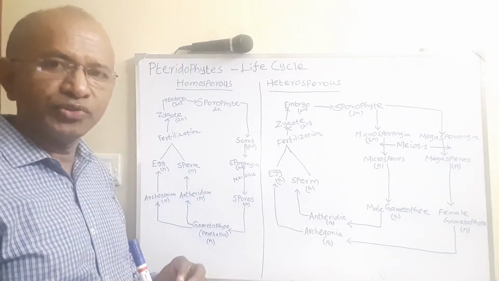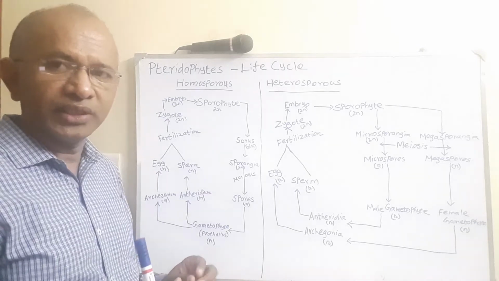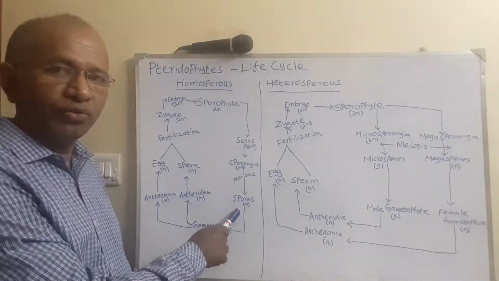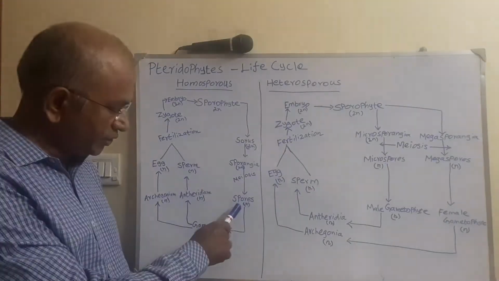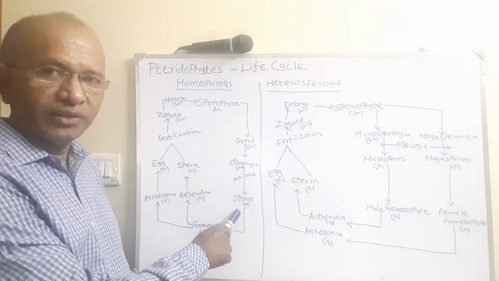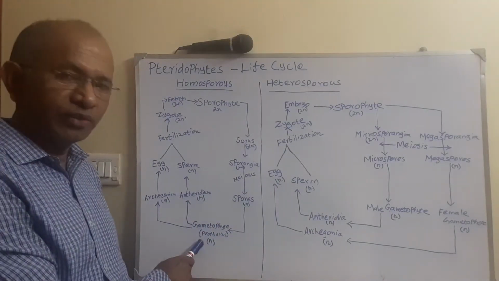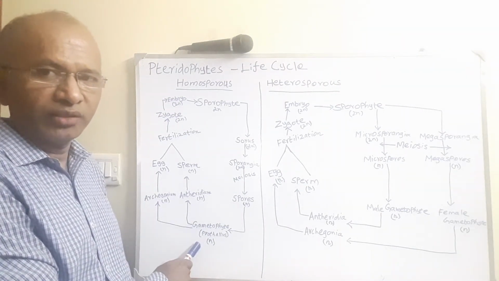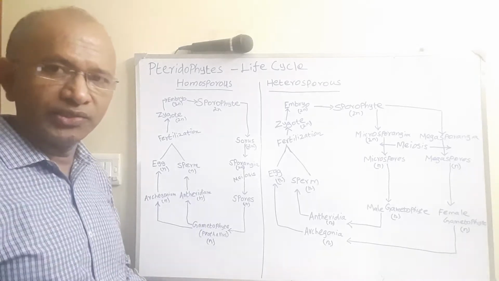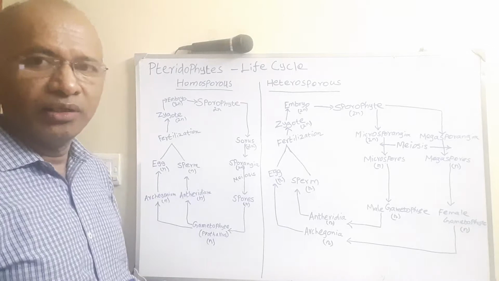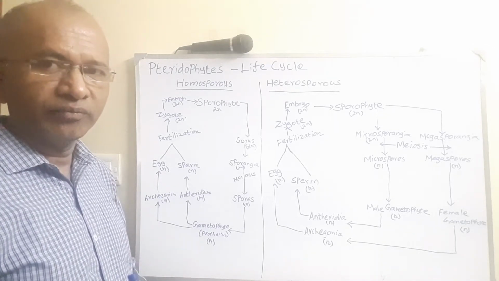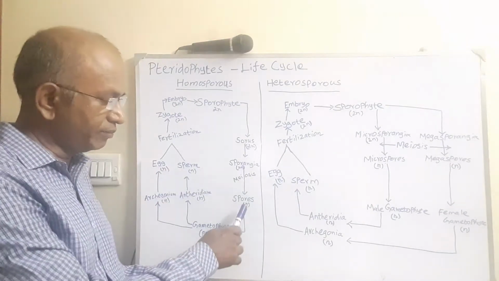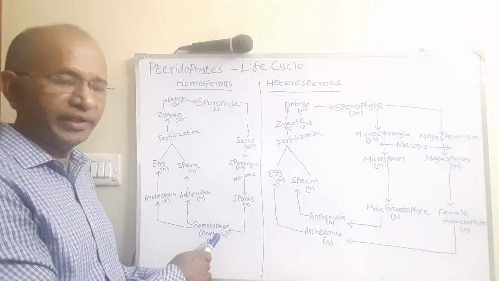All the spores, as I already told you, are the same size, so they are all homosporous. But these spores are now haploid in nature. These haploid spores germinate and form a structure called the prothallus. Normally it is known as the prothallus, or otherwise as the gametophyte. It is a single part, the gametophyte. The gametophyte is also haploid because the gametophyte develops from the spores. So they are all haploid in nature.